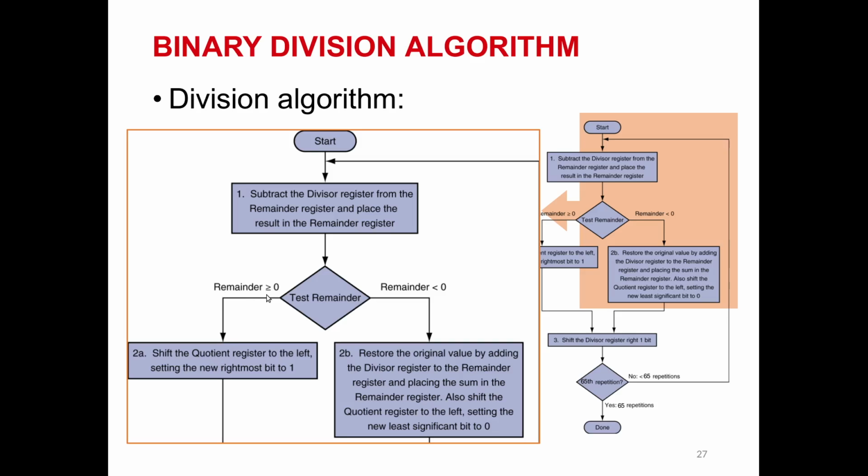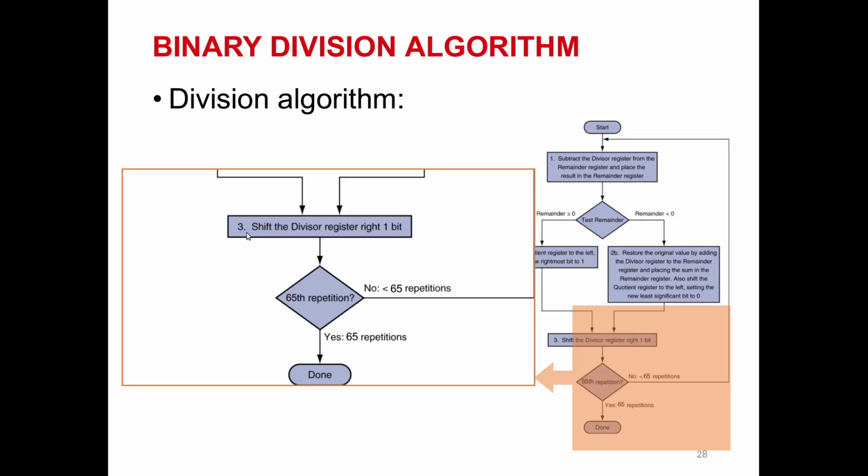If the remainder is larger than 0, it means that the result for that step will be 1 in the equation, and so it will shift the equation register to the left, setting the least significant bit of the equation to 1, and then of course it will shift the divisor register to the right 1 bit, and then if you are not yet finished